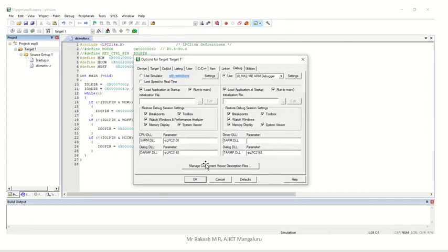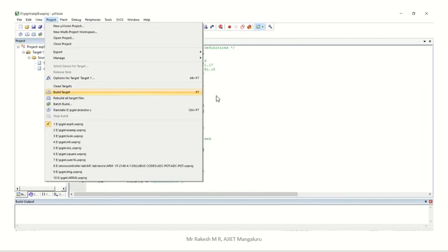When you click on OK, you will get another screen here. Now you have to go for project. Click on project. When you click on project, click on build target to execute or to run this. Go to project and build target. Here we are going to build our target. By that we are going to check our errors. It is a debugging method, that is checking our program errors. Just click on build target.